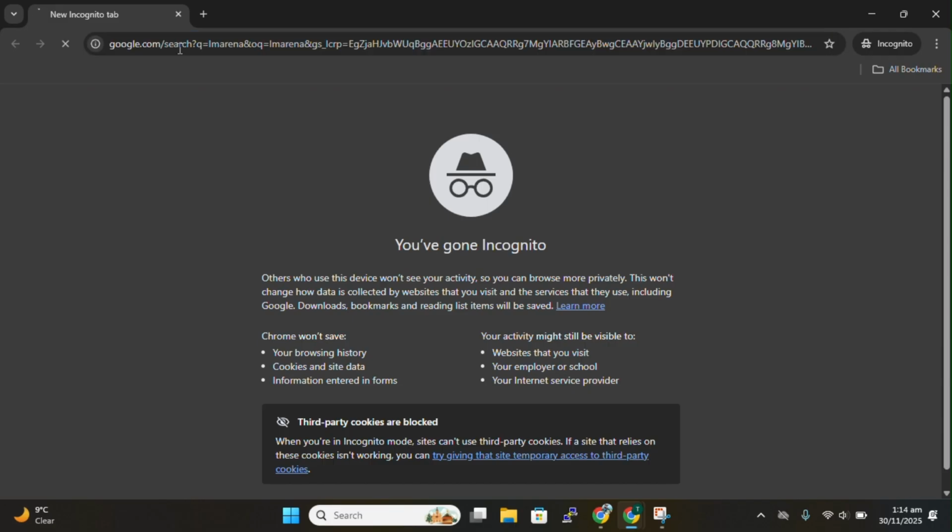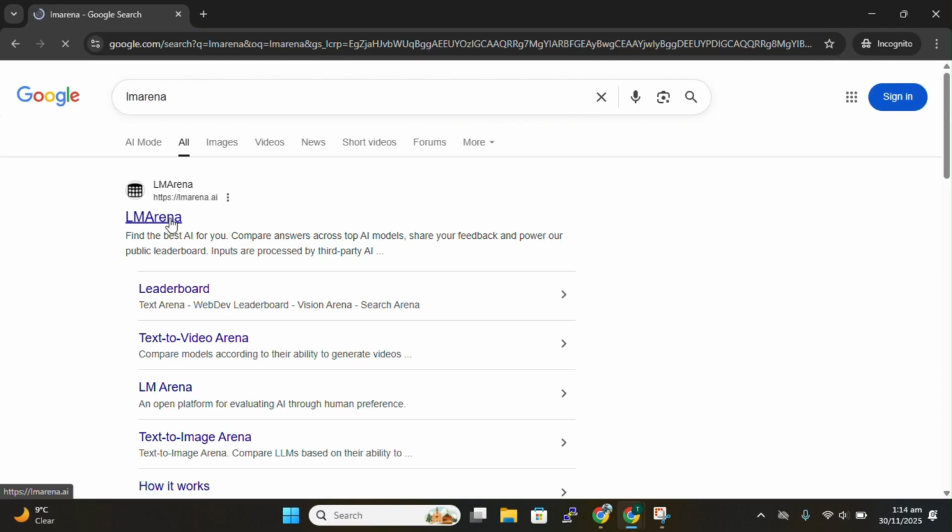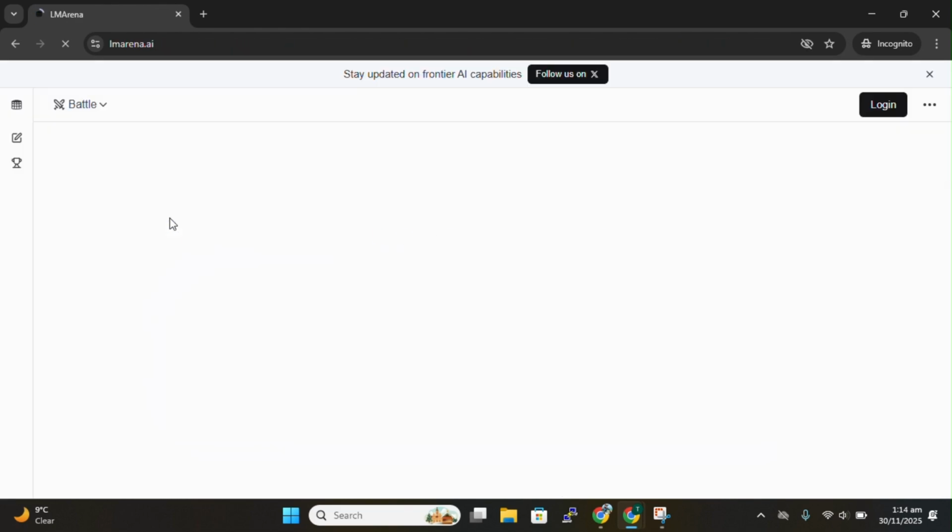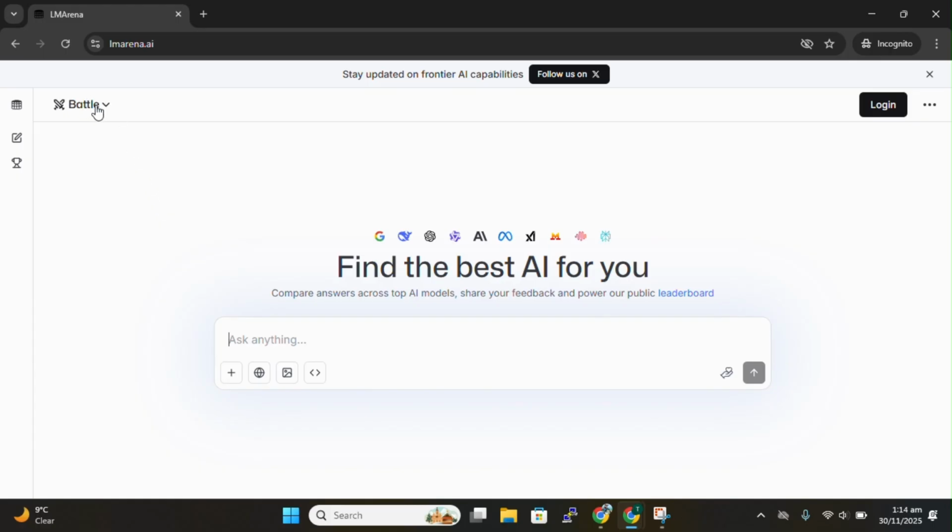Open your web browser and type LM Arena. Then open the first link. This website will appear. You have to go to this battle drop down at the top left, click on it